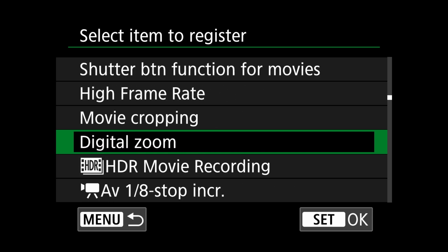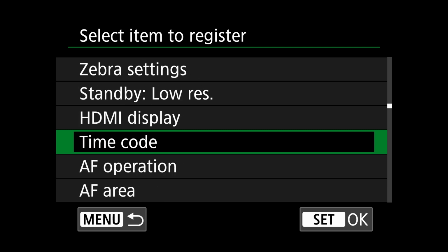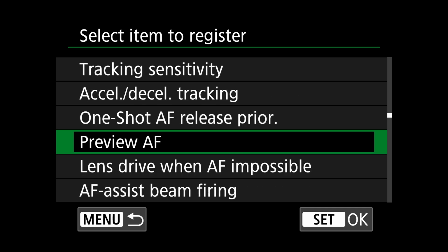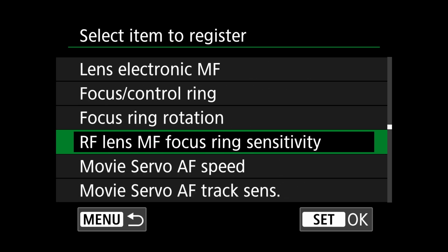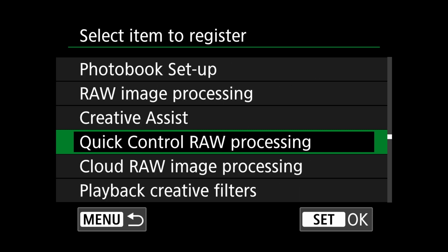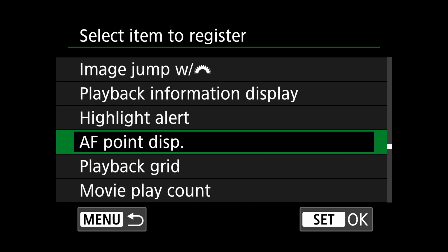Holy smokes. It's as bad as Sony having to go through the whole thing. I wish these were alphabetized. It'd make life a whole lot easier. And we're still going. You can see everything that you can add to your custom menu, but I am specifically looking for